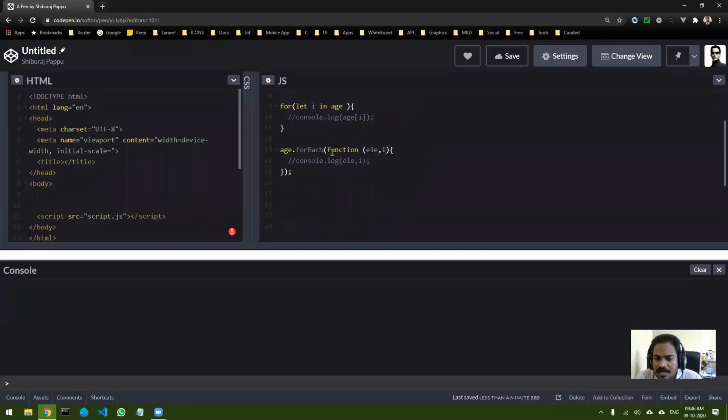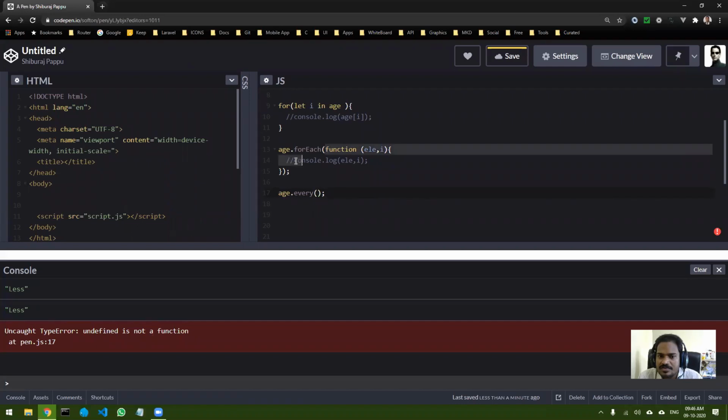Another way of doing it is that in arrays, like forEach, you get another method called every. Now every also takes a callback, and the callback is similar to this. Let me just copy this from here and paste it over here.